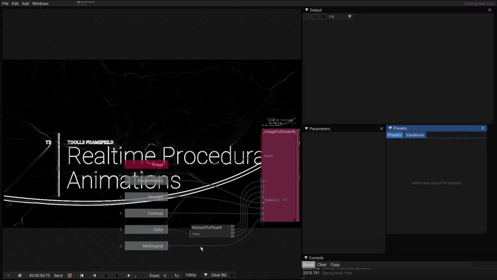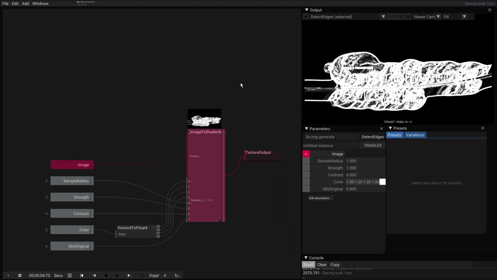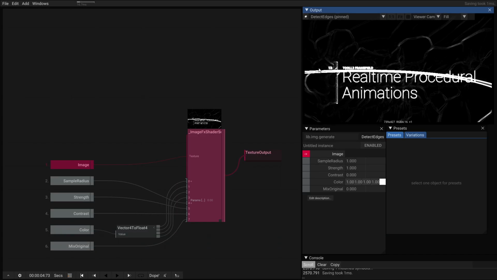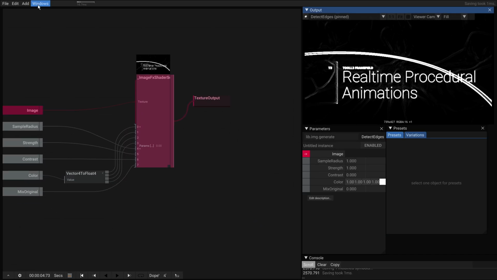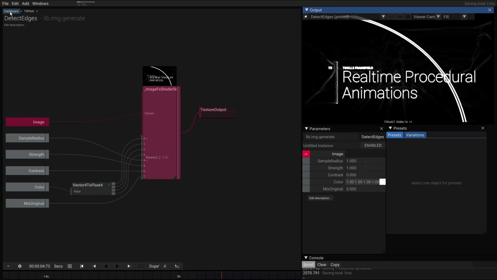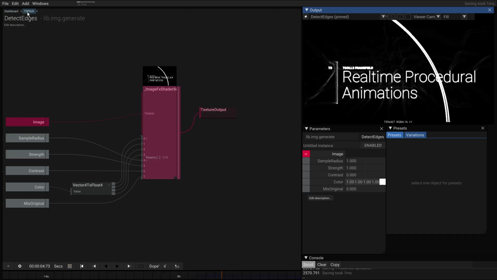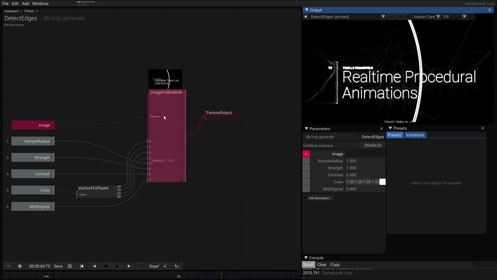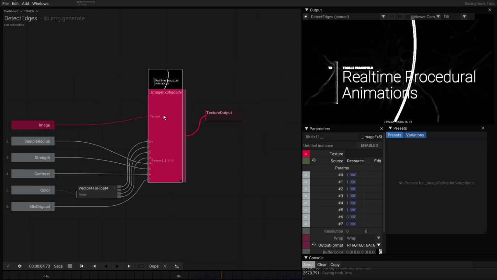So maybe we clear the background here and turn this into the side output here. So this is a nested operator. And so we are in my dashboard and in the operator with the pitch. And right now we are under detect edges. And this one, again, uses another operator.